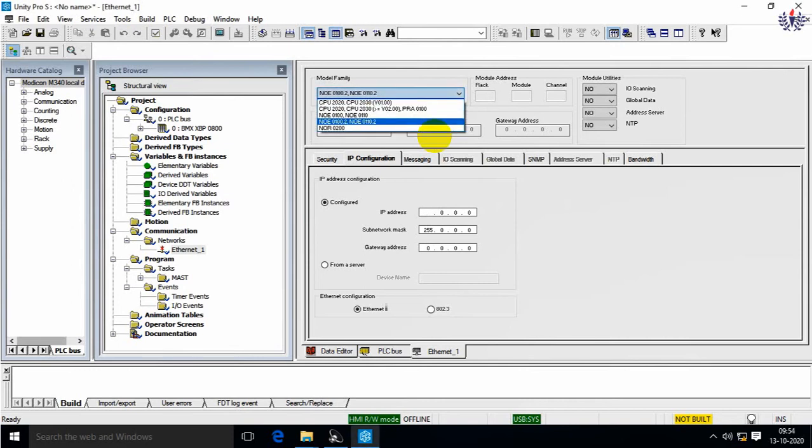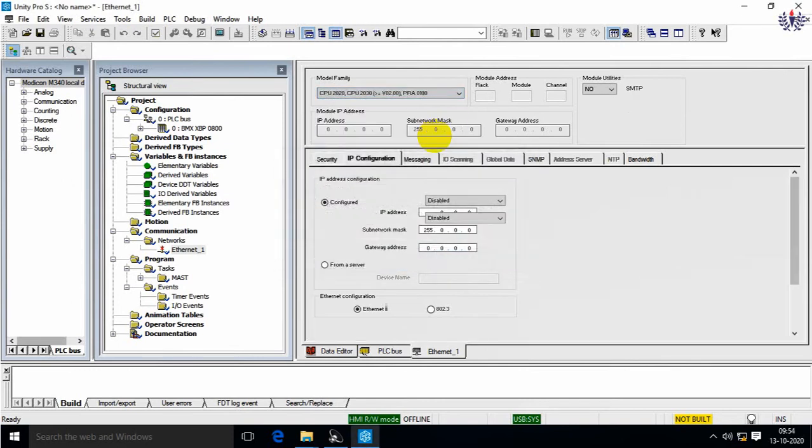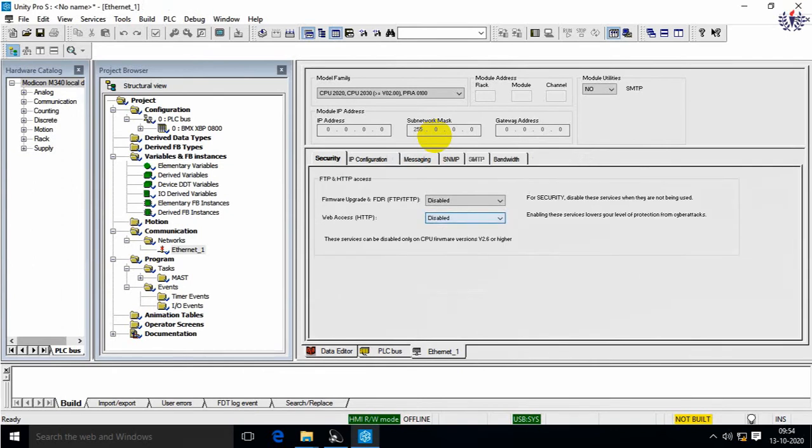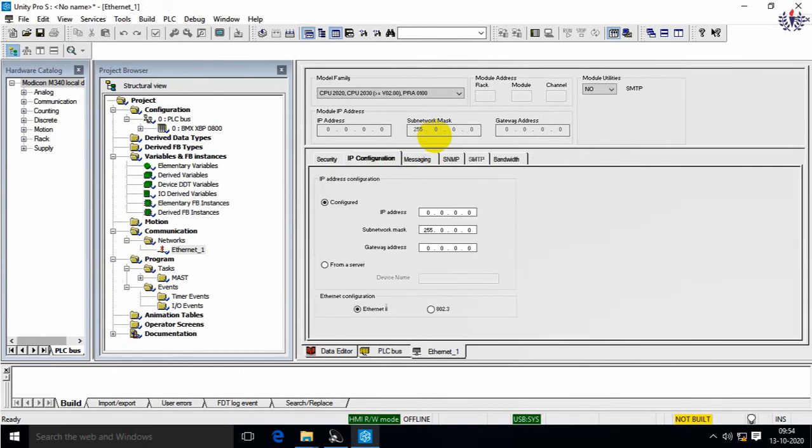I'm going to select first the bigger family, then the IP address. So I didn't do that, now I'm trying to do it. The bigger family is selected. Later I want to give the IP address. It is still loading. Okay, I'm going for the IP address. The IP address will be 84, not 64. 84 dot 16 dot 2 dot 44 will be the IP address of that particular heat treatment plant output.